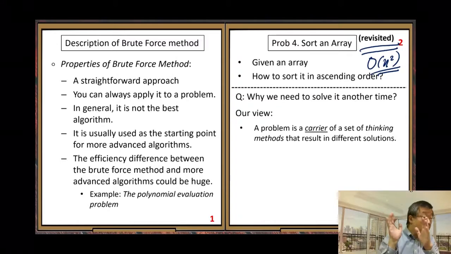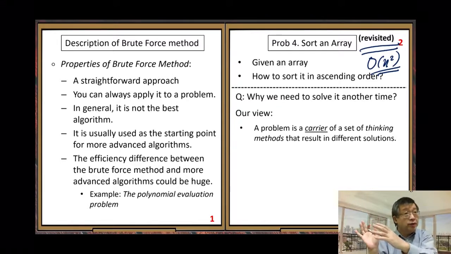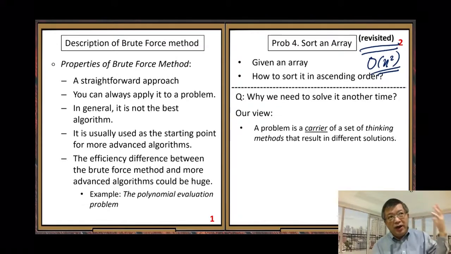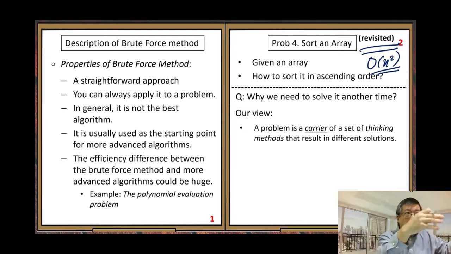Then you can change to a different thinking way, right? For the same problem, you can change to a different thinking way and you get a different solution. All right? Then another different thinking way gets another solution. Right? So here we treat this particular computing problem, let's say the sorting problem,